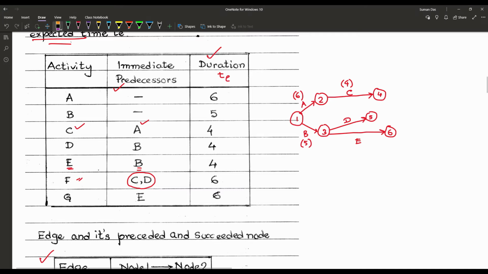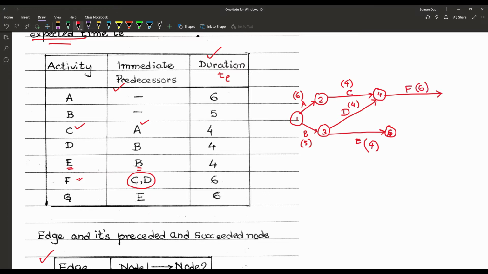That means we are just deleting that node particularly, and we are drawing that joining 3 to 4 using the activity, that is our D, and D has the duration, that is 4, and according to that, that node is becoming now 5, and E has the duration, that is 4 also. Now F is after C and D, so we are drawing the activity F, and it has the duration, that